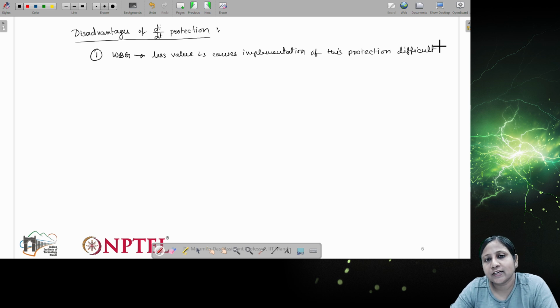If the inductance is very small, then LS multiplied by DIDT will also be very small. So the voltage which we will get will be very small.